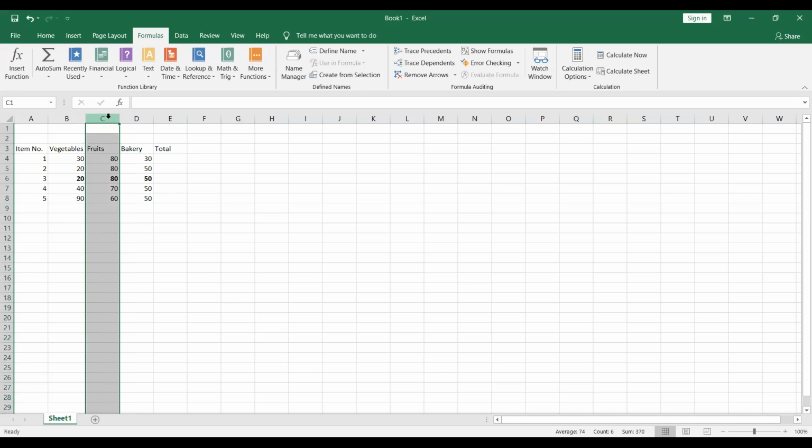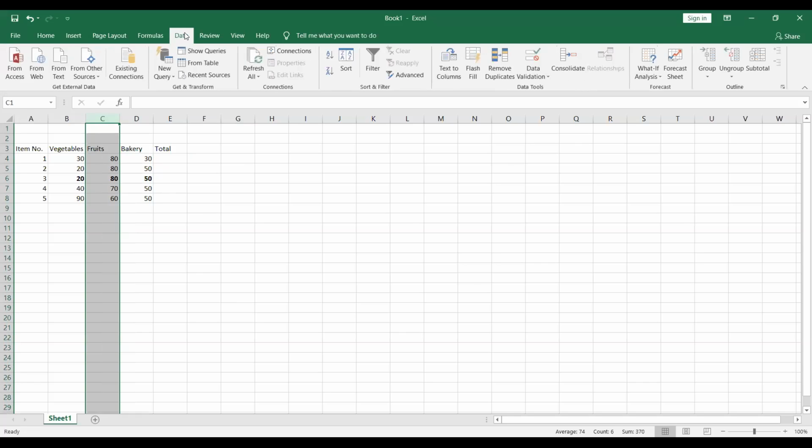I have selected column C. I'll click on Data because I'm going to do something with my data. Here I'll find the Sort and Filter group. When I click on sorting, and if you have selected the whole column, every data in it will be sorted, whether it is text, fruits also. As you can see here, now fruits has come down. All these numbers are sorted ascending to descending, right?